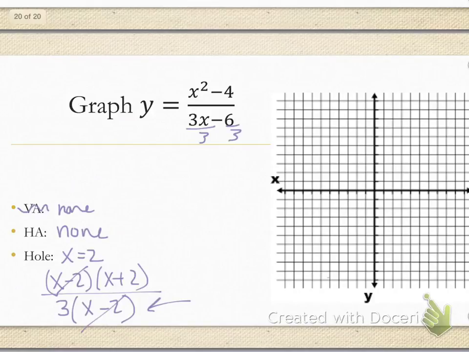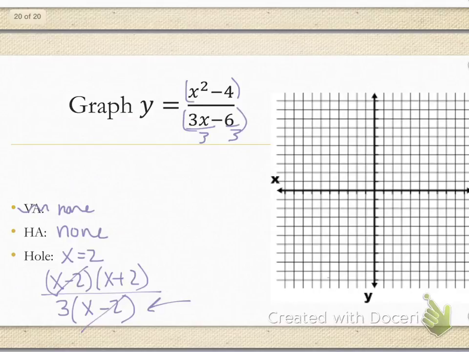So let's just go ahead and type it in our graph. So I got y equals, remember to put these in parentheses so that they're on the top and the bottom together. So x squared minus 4 divided by 3x minus 6, and my parentheses. I'm going to graph it. This is going to look like a straight line, and it's going to have a hole at positive 2. So if I press second table,